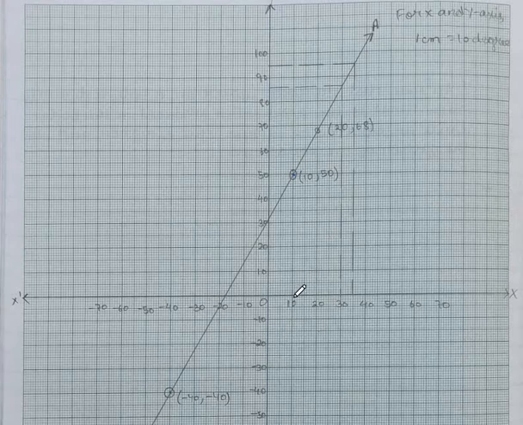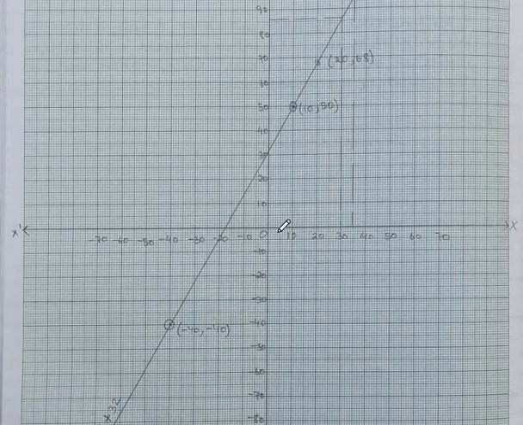Second point, x is 20 till this much and y is 68, positive. So 60, then you can count 61, 62, 63, 64, 65, 66, 67, 68. This is your 20, 68. Third point is given minus 40, minus 40. So left side of origin x is negative, that is minus 40, then come down, this also minus 40.